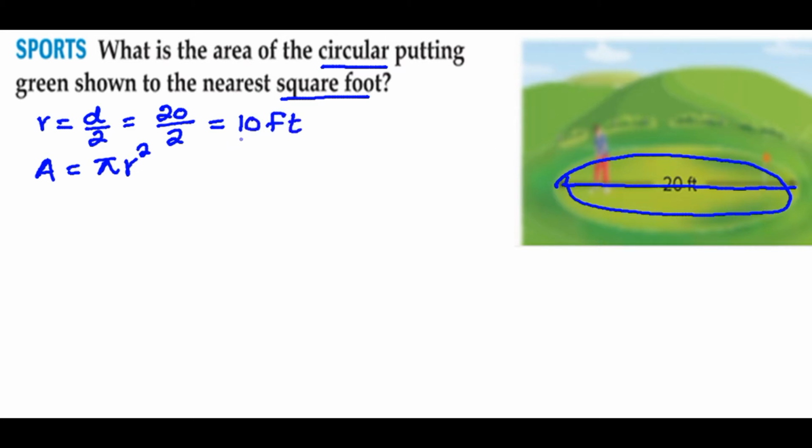Okay, now we have the radius. We can use the formula to find the area of this circular putting green. Pi, I'll be using pi this time, times 10, which is the radius, squared, and that will give us the area of this circle. Use the calculator. If you multiply them, you get